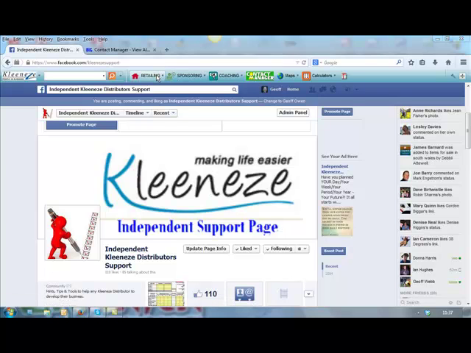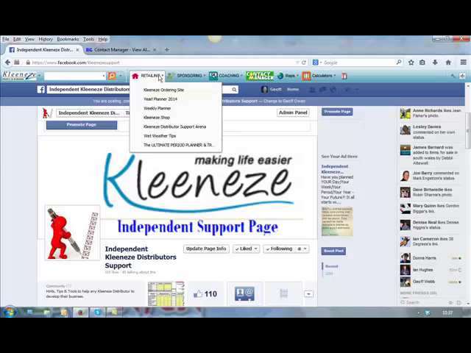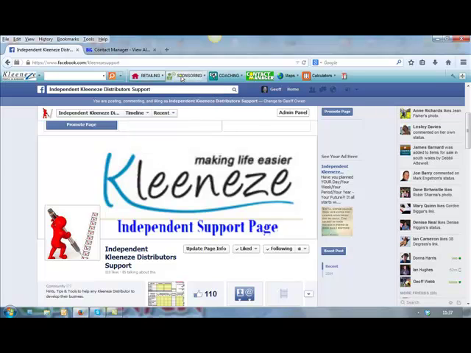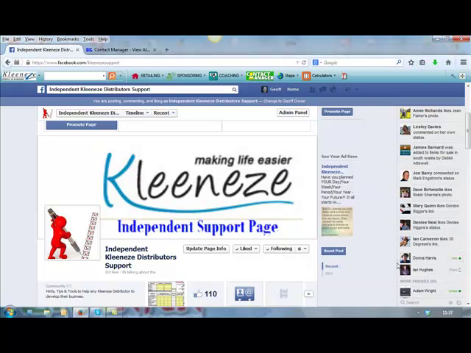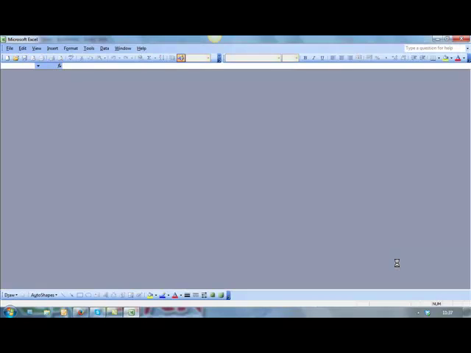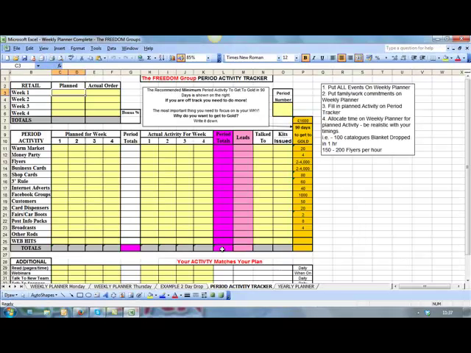But if you go onto the Kleeneze toolbar, and you can get to it either under Retailing or Sponsoring, just click on there, and then that will actually open it up. It'll bring a pop-up like that, and just click OK. That will open up the weekly planner and tracker. It actually opens up on the tracker